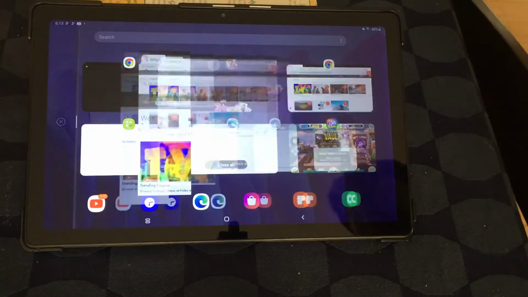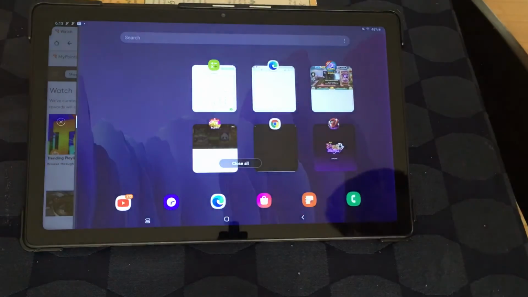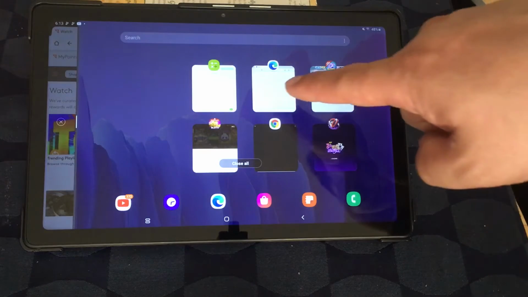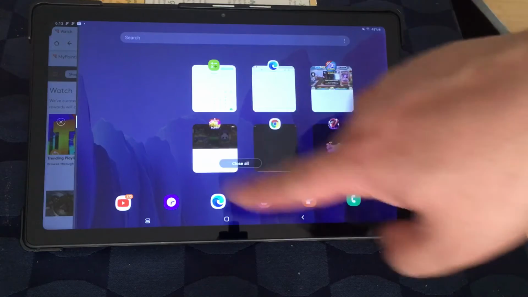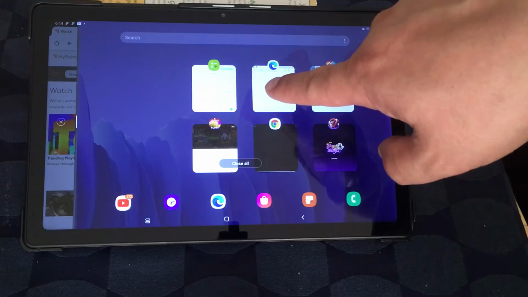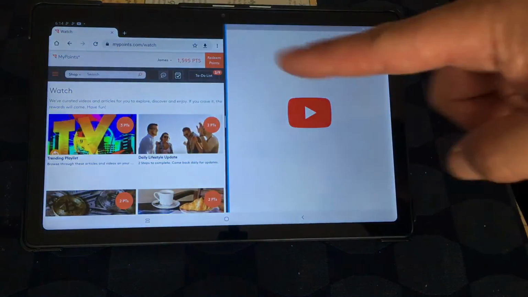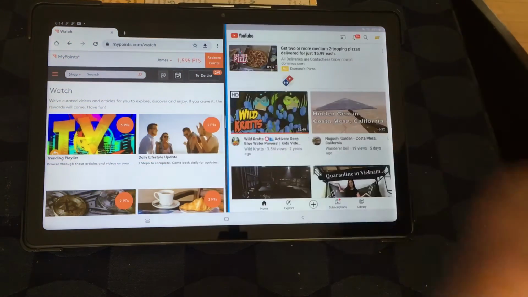You click on that, and you can see there's a bar here on the left indicating that's what's going to be on the left side of the split screen. And so now I can choose a second thing to be part of the split screen, and I could do it here on the app drawer. I can choose this Edge browser or YouTube, any one of this stuff. So I'm going to try YouTube, and you'll see that it split screens with Chrome on the left and YouTube